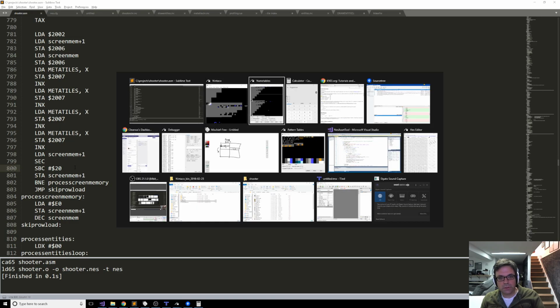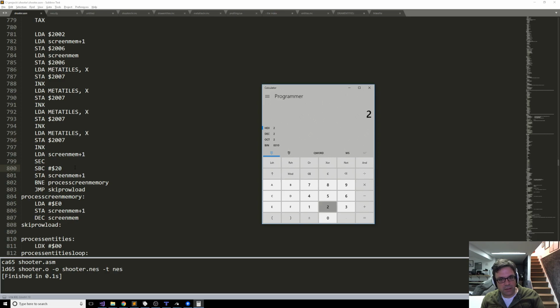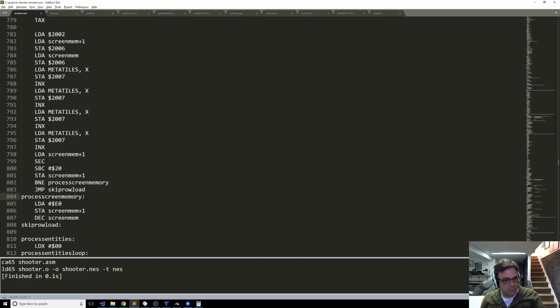Once this gets down to this, we're going to minus 32 from that. So what we have to do is, after the decrement, we do actually have to look at this and compare it to 1F. And if not equal, branch to skip reload, and then if it is equal, we're going to load A,